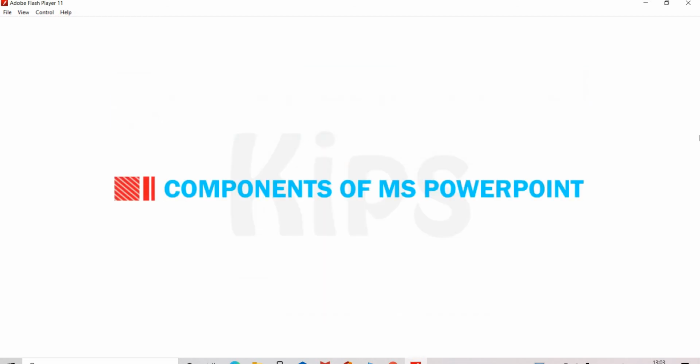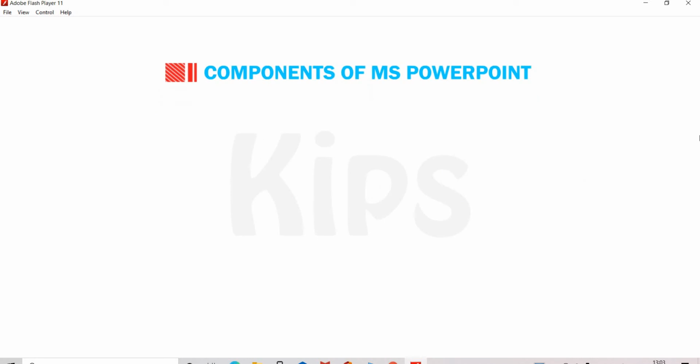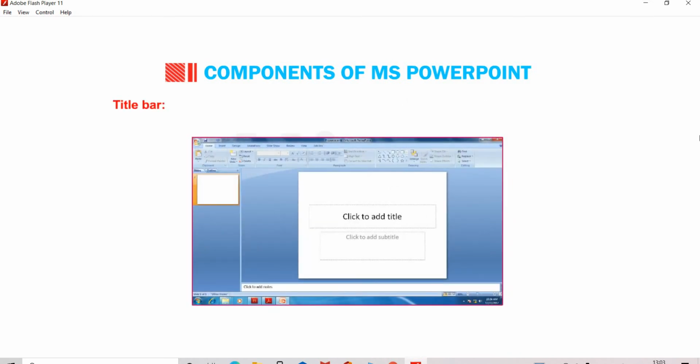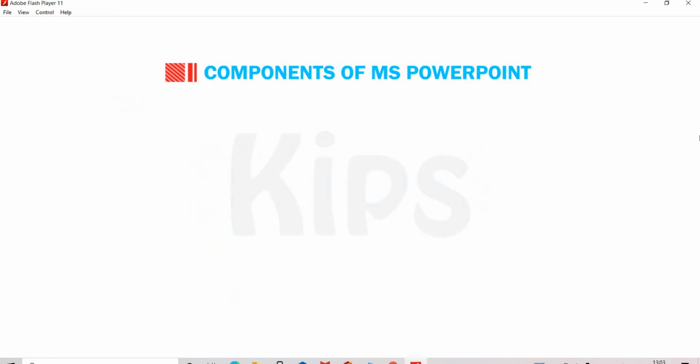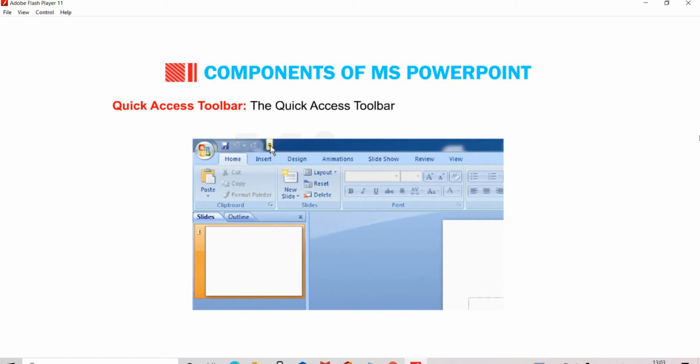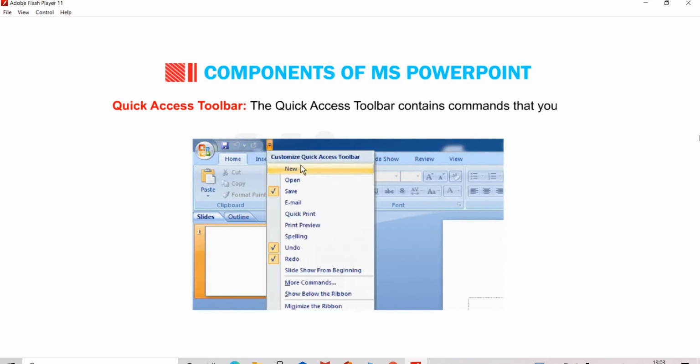Let us now discuss the components of MS PowerPoint. MS PowerPoint consists of the following components. We have the title bar, which displays the name of the presentation on which you are currently working. Then the Quick Access toolbar contains commands that you may want to use quite often.